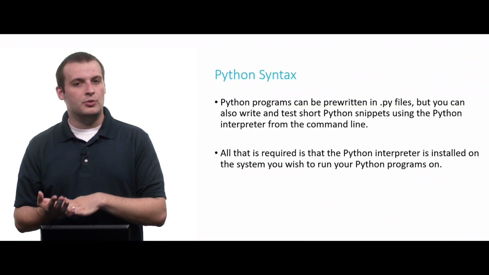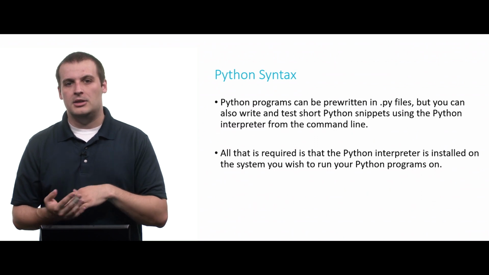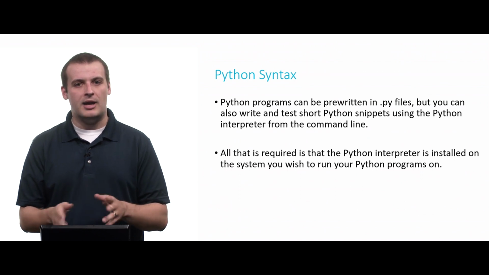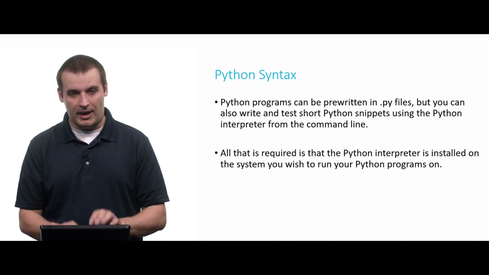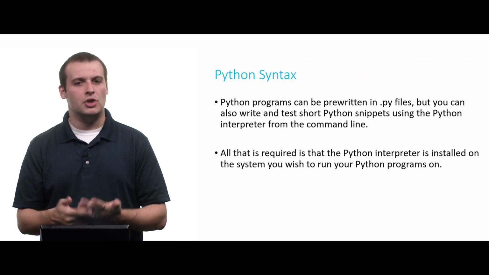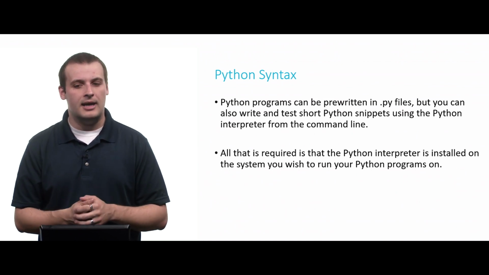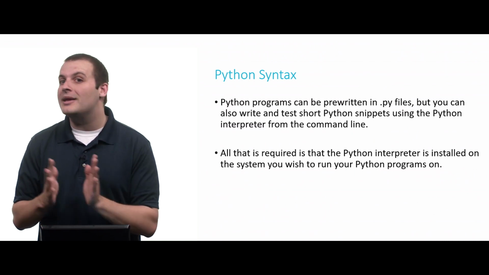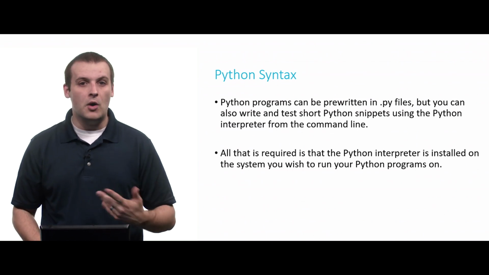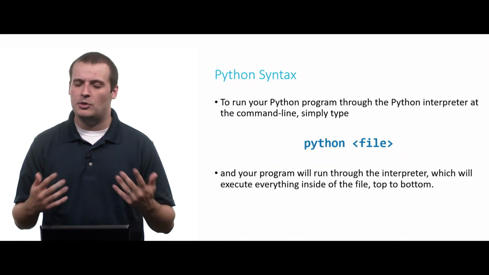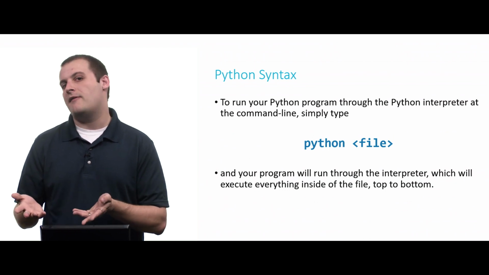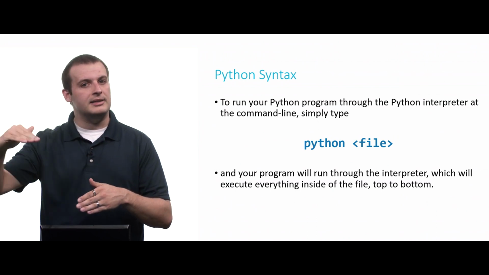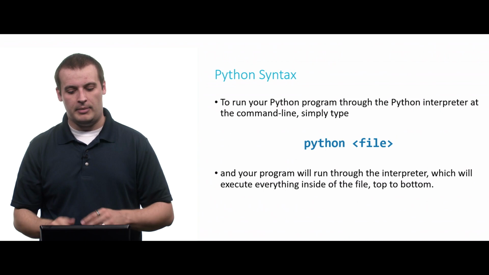In addition to pre-writing your files in .py files, you can also just literally write Python using the Python interpreter at the command line. You can type in your IDE or in a lot of environments python and then hit enter, and it will open a Python interpreter. And you can literally write Python one line at a time. In general, though, if you're going to be writing more complex programs, you're probably going to want to pre-write them and then load them into the Python interpreter instead. To invoke the Python interpreter, particularly in CS50 IDE, but again, more generally, python space whatever the file you want to invoke is, and then what will happen is the interpreter will open that file and proceed one line at a time, top to bottom, executing your Python code.